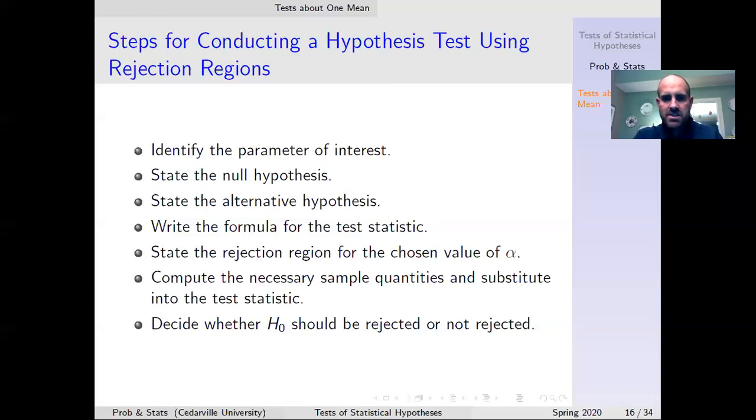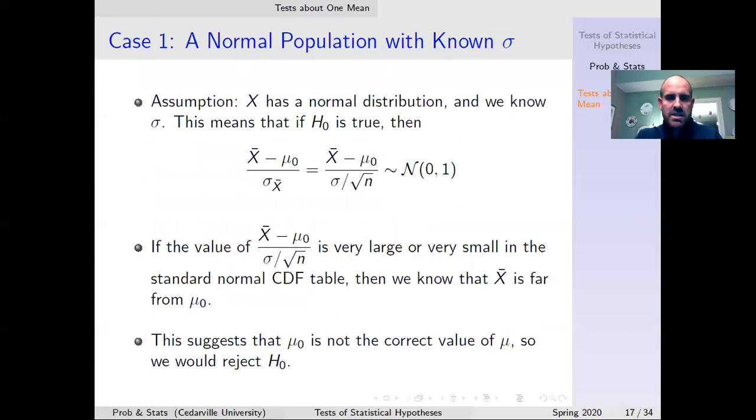All right, so let's do this. Well, last time we kind of looked at this quickly. So the first case that we're going to consider is kind of like the first case we did in the confidence interval situation. Namely, we're going to assume that we know the underlying distribution is normal and we have a known standard deviation. Now, this might seem like a bridge too far, like that it wouldn't happen very often. And that might be true, but there are situations you run into where you know the underlying distribution is normal. You know the standard deviation for the population, but you've changed